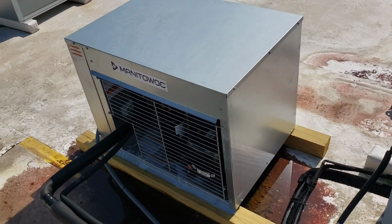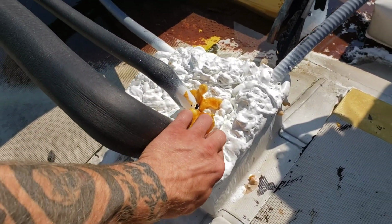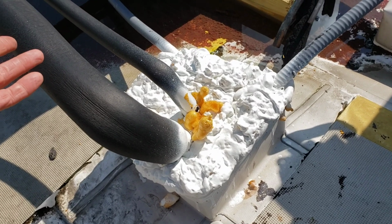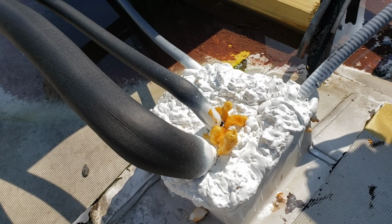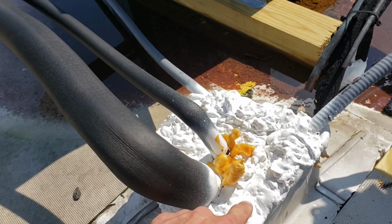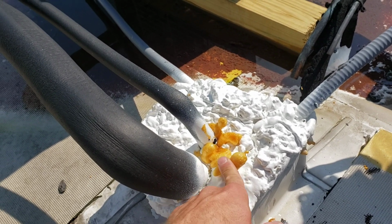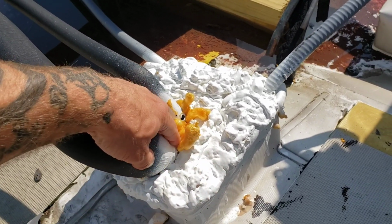Let's see here. We obviously have no compressor action going. Check out this roof penetration. Also, part of my quote was to do a proper roof penetration. This is just spray foam, obviously. Spray foam with what appears to be Flex Seal over top of it, right? And then on top of that, it doesn't look like...